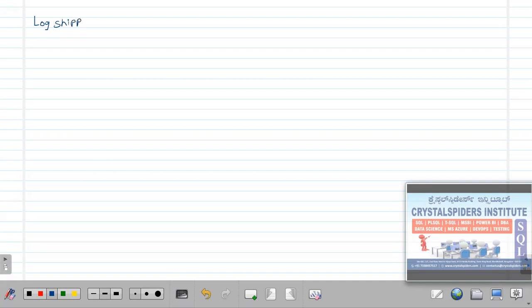So what is log shipping? How will it work? What is the functionality of log shipping? This is the technology we are going to configure between two servers and between two databases. So why do we need this technology? What is the usage of log shipping?